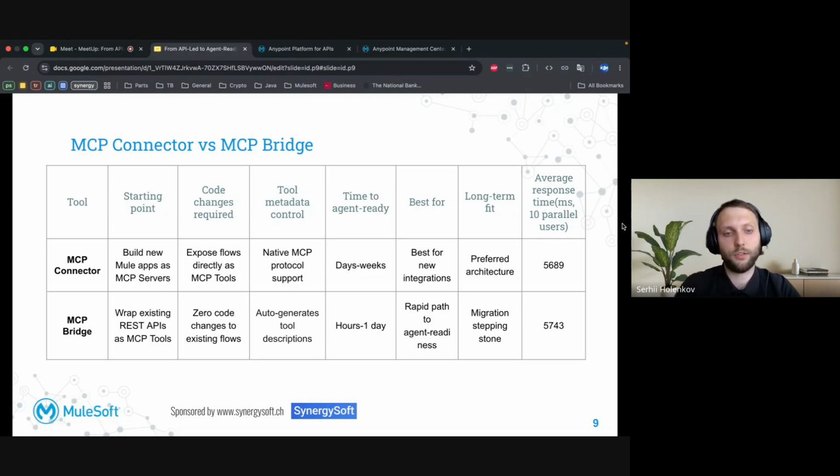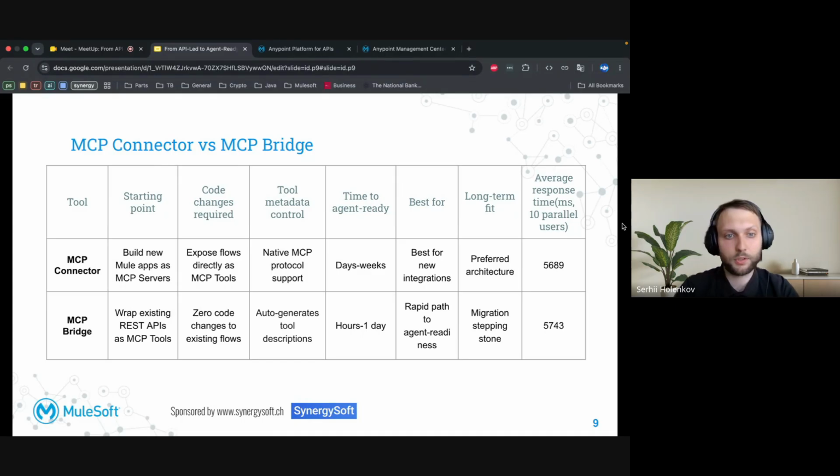And you should choose the MCP bridge when you already have production-ready APIs managed through API Manager and published in Exchange, as the MCP bridge just wraps this API specification. When you need to enable agent access quickly and demonstrate value in weeks or even days rather than months.